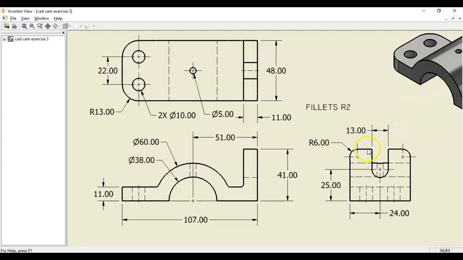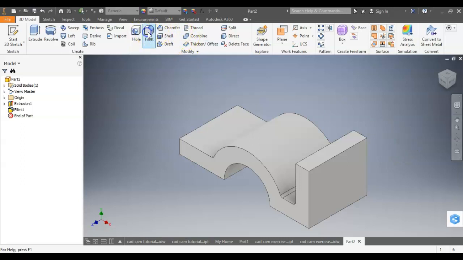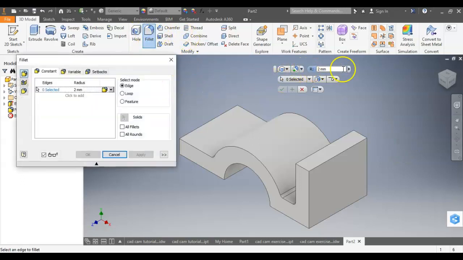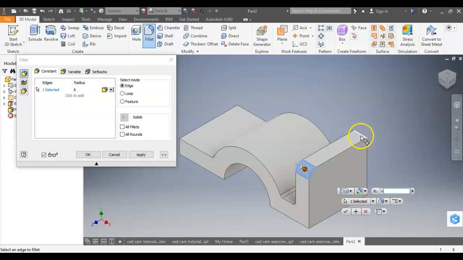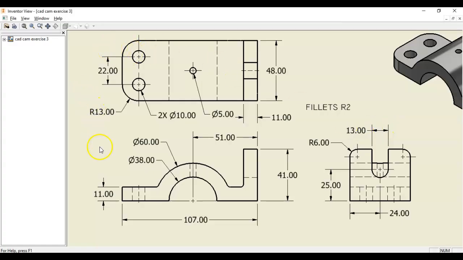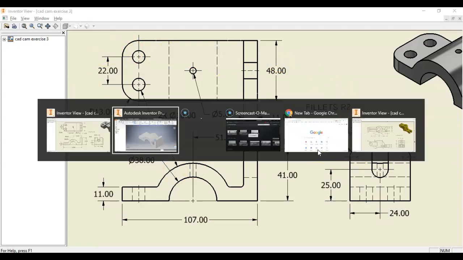We have 2 fillets here. I have one that's 6 on the edges here. Let's go ahead and add those. So that's 6, and that's this guy right here, and this right here. Are there any other 6s? I don't see any other 6s. So I can go ahead and,